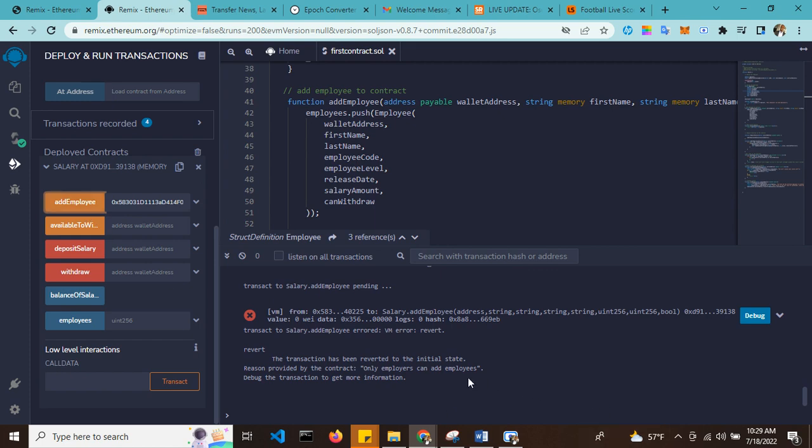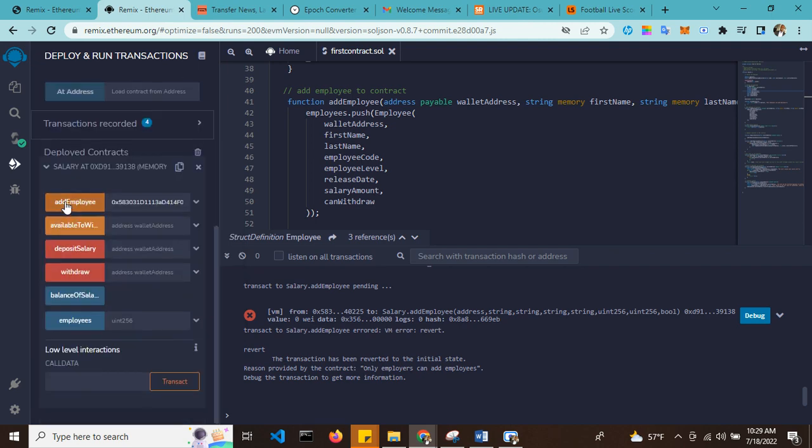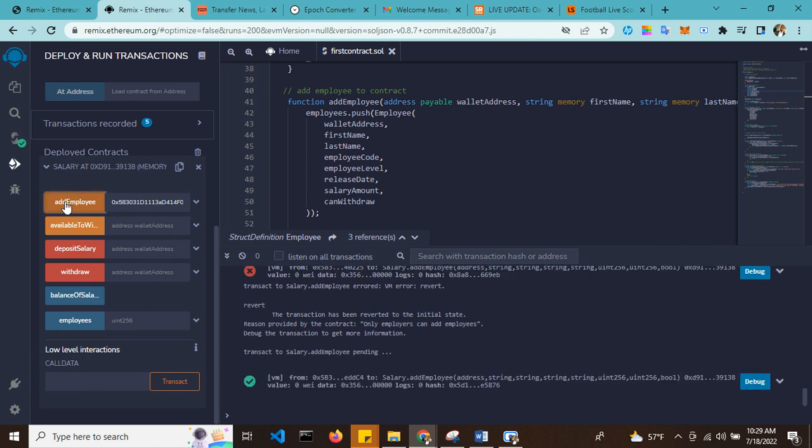So now, if you try to add again, because it's not the employer, you can't. Only employers can add employees. So if you come back to the employer and try to see now, if you copy,